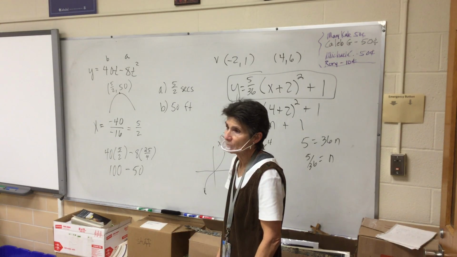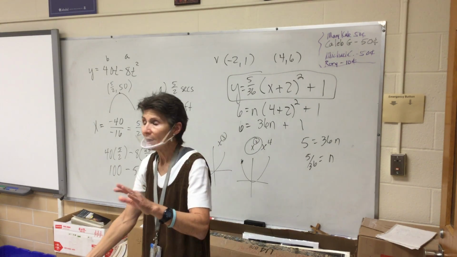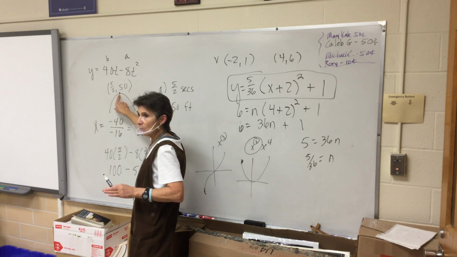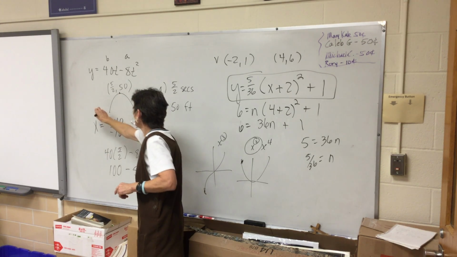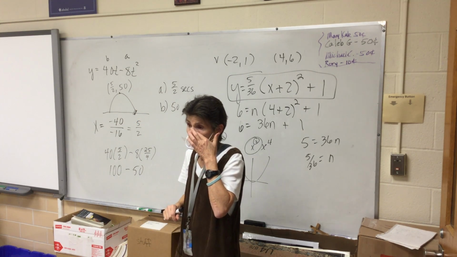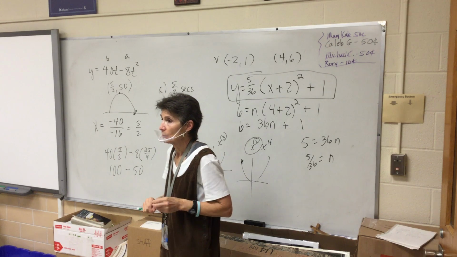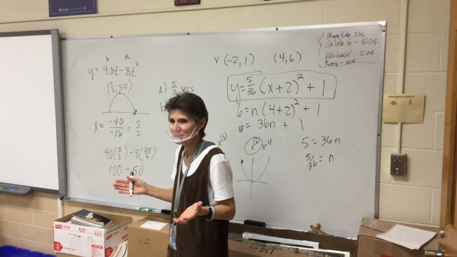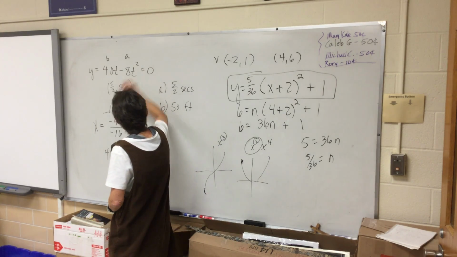Now, when does it hit the ground? Kids, when it hits the ground has nothing to do with that, right? When it hits the ground is here. So how do we find where it equals 0? Isn't that what we're looking for, the zeros? So don't we just set that thing equal to 0